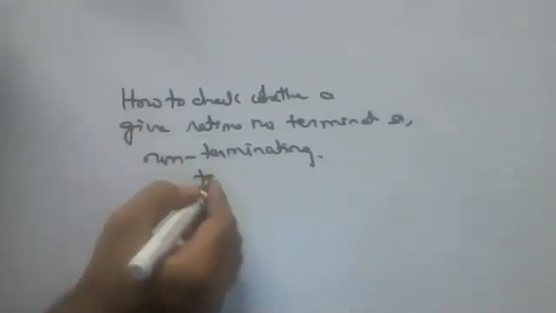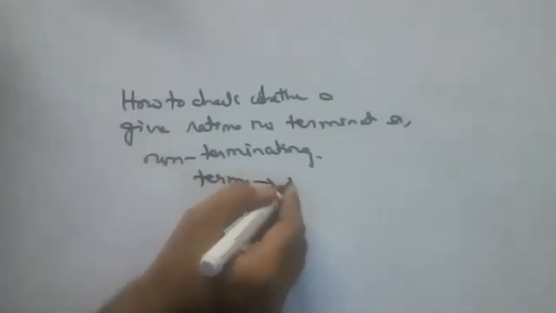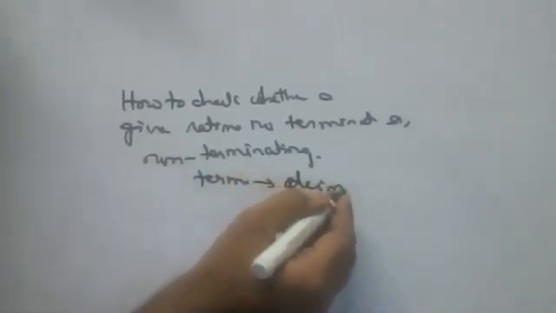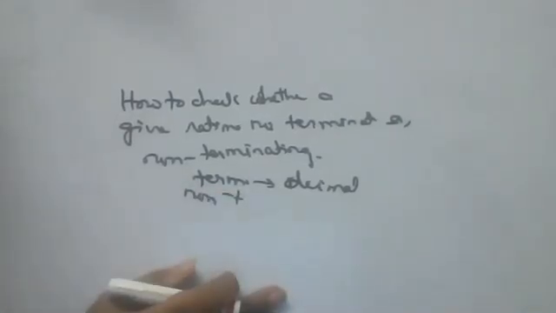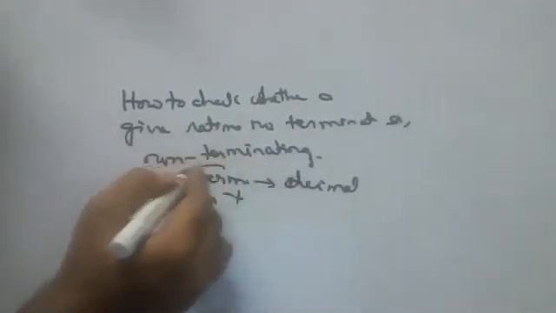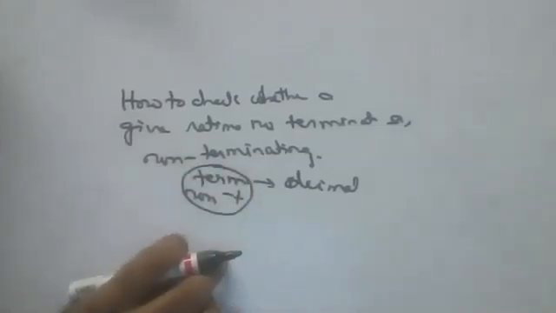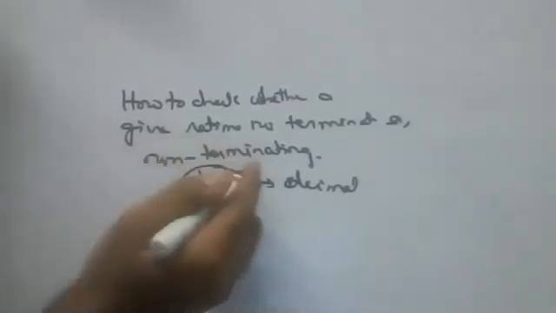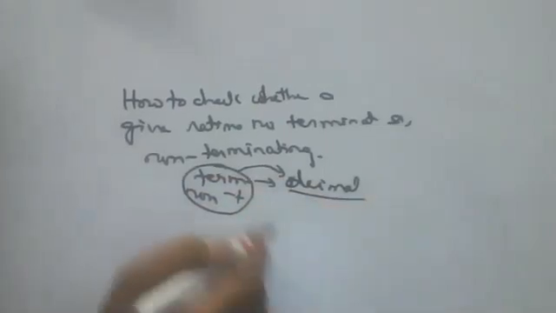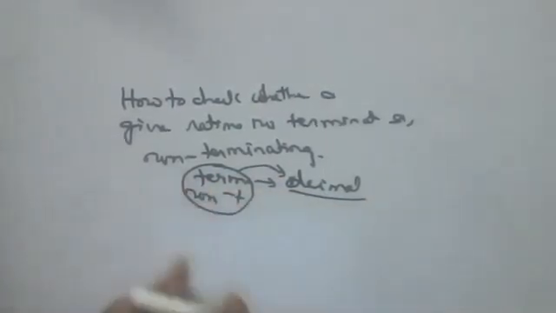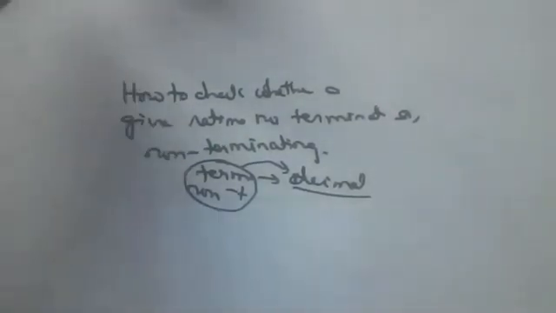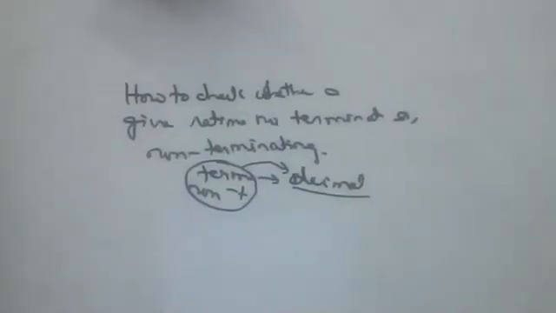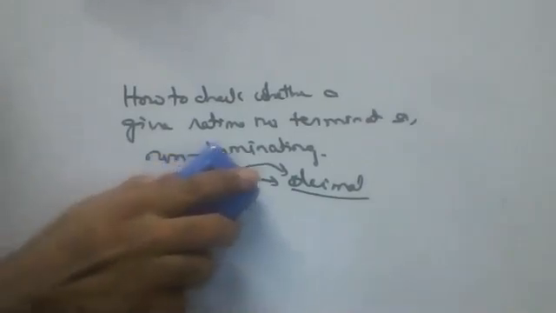Whenever I give one number, if it is terminating, then you should convert it into decimal without division. If it is non-terminating, there is no need to convert into decimal. Today I will tell how to check whether a number is terminating or not. How to convert it into decimal I will tell tomorrow, in two parts, so that you will have a clear understanding. So children, today I am going to discuss only how to check whether a number is terminating or non-terminating.